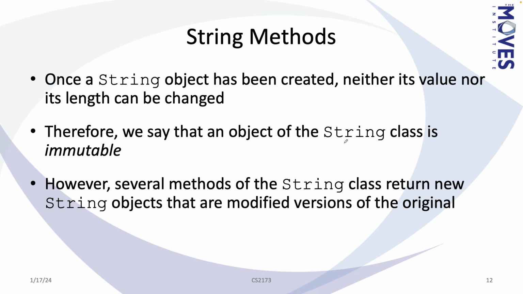Okay, so now the thing is that, again, and it bears repeating, strings are immutable, so we can't change the contents of a string. We can't change its length. We can't add more stuff to it. It's immutable. However, well, okay, so what can we do? Well, what we can do is create new string objects that have properties that we want. How do we do that?